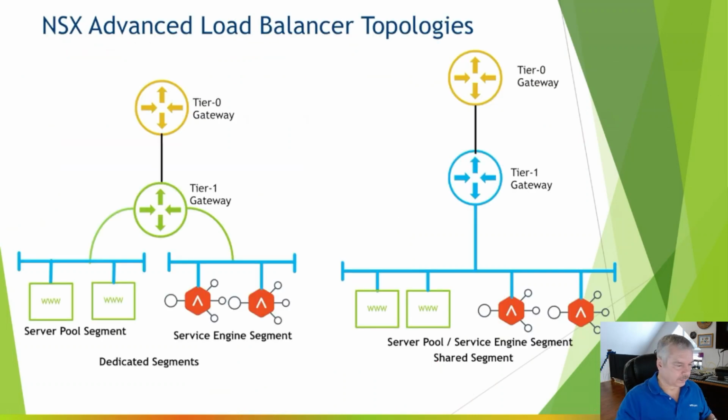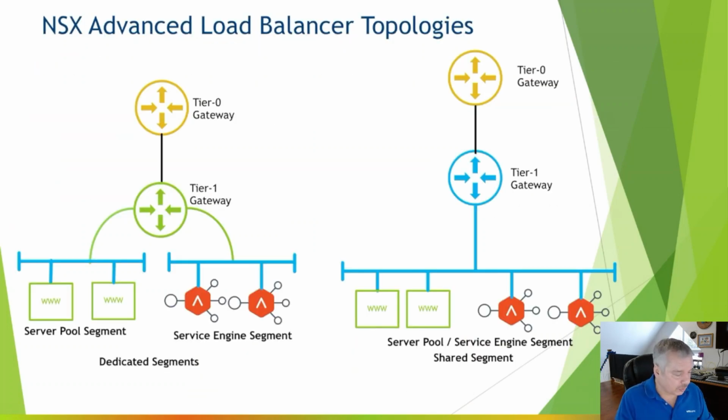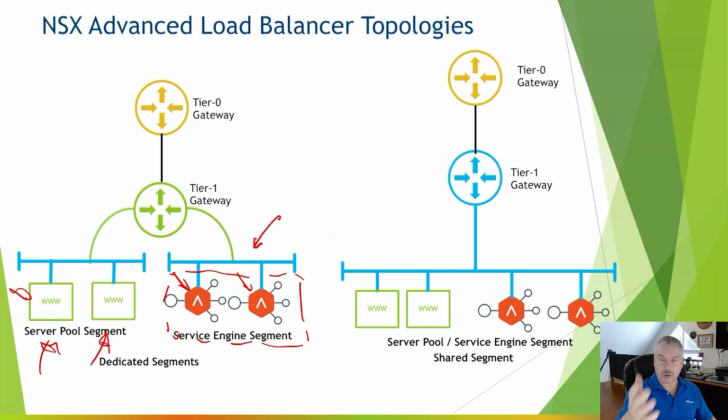We'll see. Now, topologies. As I mentioned in this previous one, you need to have a tier 1 gateway because that's what it has to attach to. So here's our service engines. This could be a service engine group. And here's my web servers. Notice my web servers are on a different segment than the service engines. You can do that. They're all sitting behind a tier 1 gateway. No problems. By the way, I can even have web servers up here if I wanted to, because this is a one arm. I don't care where the web servers are. So you have this as an option,